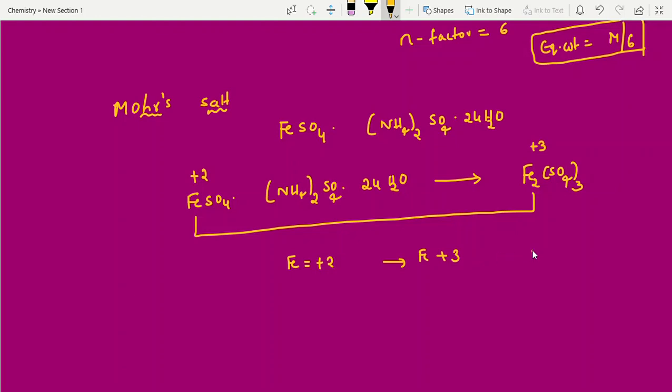If it is in a lower state, it is definitely converting into a higher state if it combines with an oxidizing agent. If it combines with a reducing agent, +3 to +2 like that. Only one exceptional case, the brown ring, already discussed in part 1 video. Check it here. What is the n factor, students? n factor equals 1. So equivalent weight equals M by 1. Clear, students? That's it. We are going to solve more like this. Finally, n factor is 1. Now, next question.